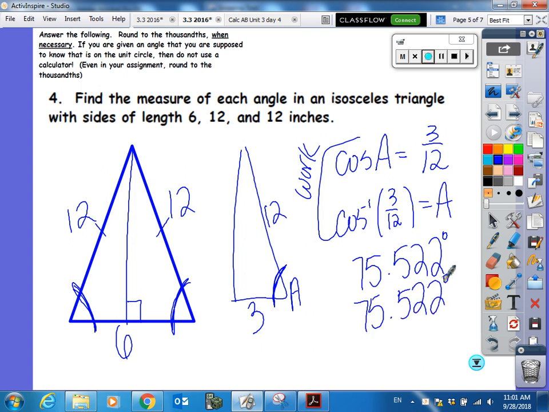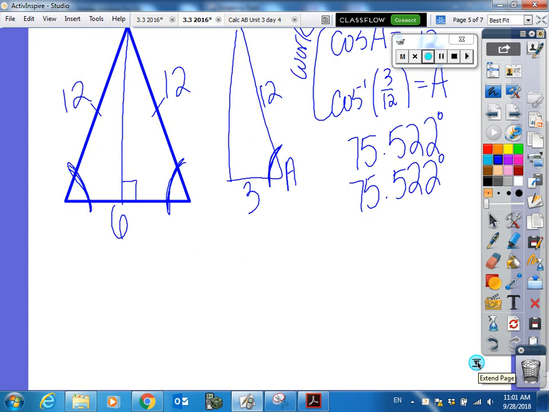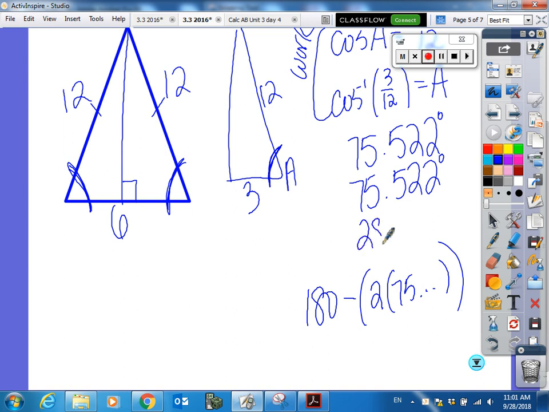75.522 degrees. It says find the measure of each angle. So that means we're just going to have 3 angles. You don't have to name them or label them. Just find all 3 of them. And then for the other angle, all of them add up to be 180. So 2 times your 75, or 75 plus 75, those angles, don't type in rounded answers. Scroll up and grab it, or use whatever method, store it as a letter, but never ever type in rounded answers. And then for your other one, you get